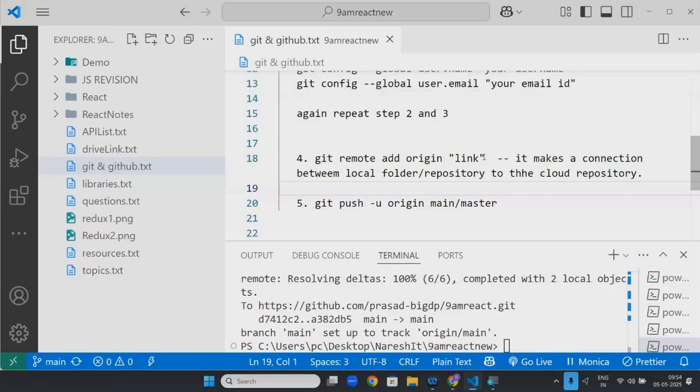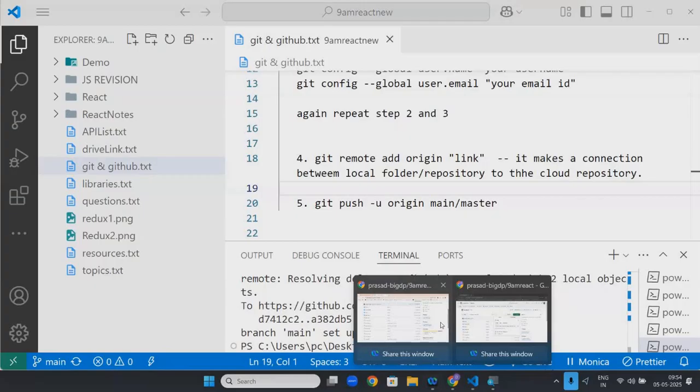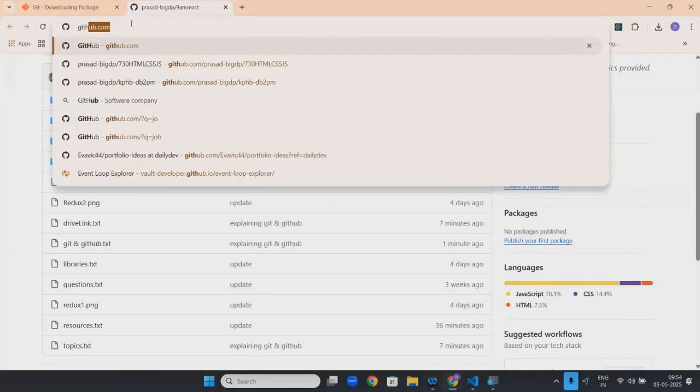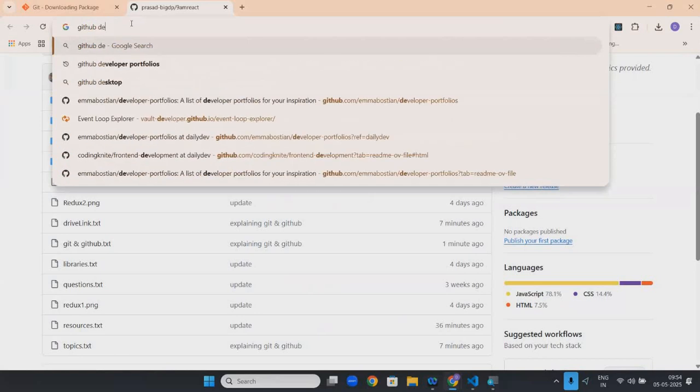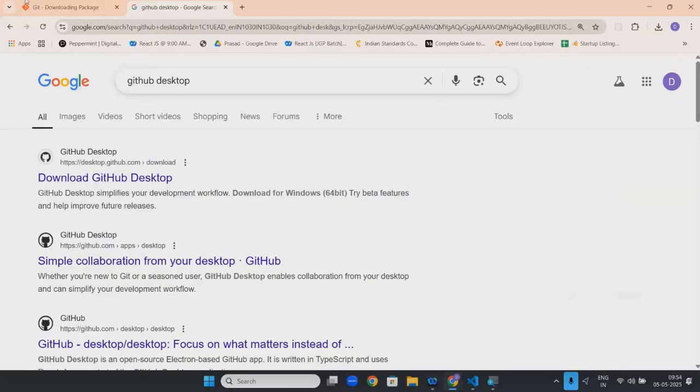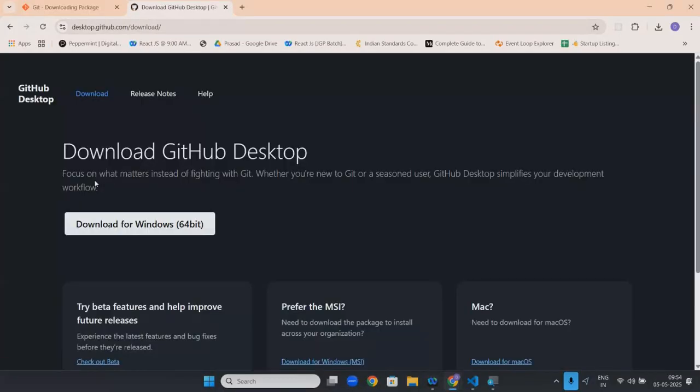Sir, I don't want to do all this. In that case, there is one app you can use. If you don't know how to do all this, there is one app called GitHub Desktop. Go to GitHub Desktop, download the desktop app. If you don't want to use commands, you can use GitHub Desktop.